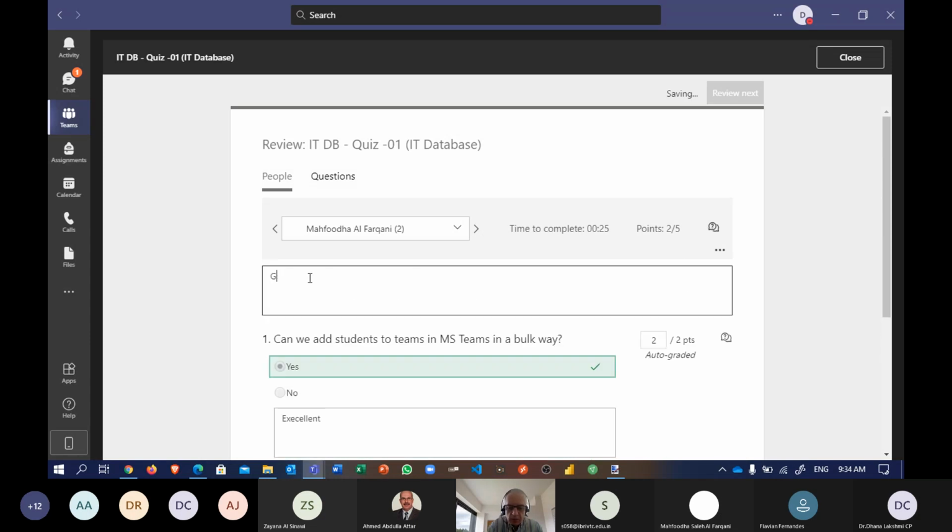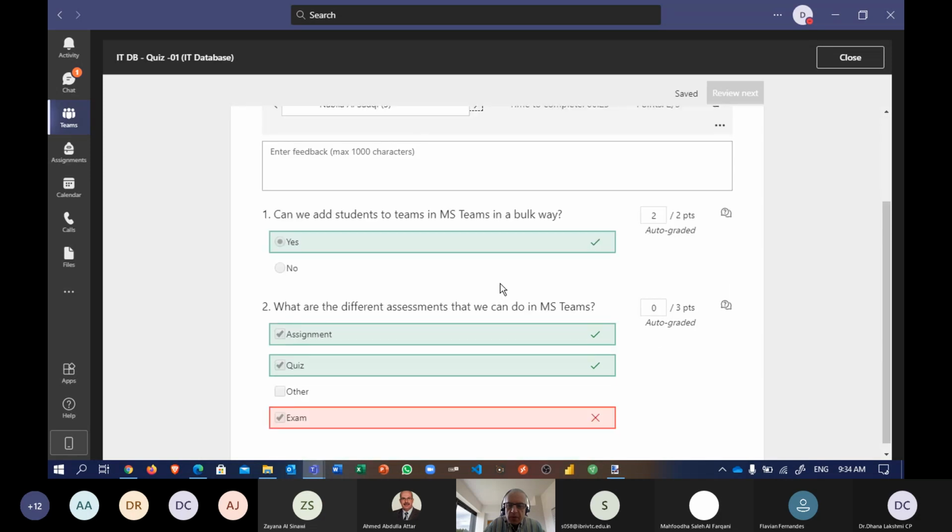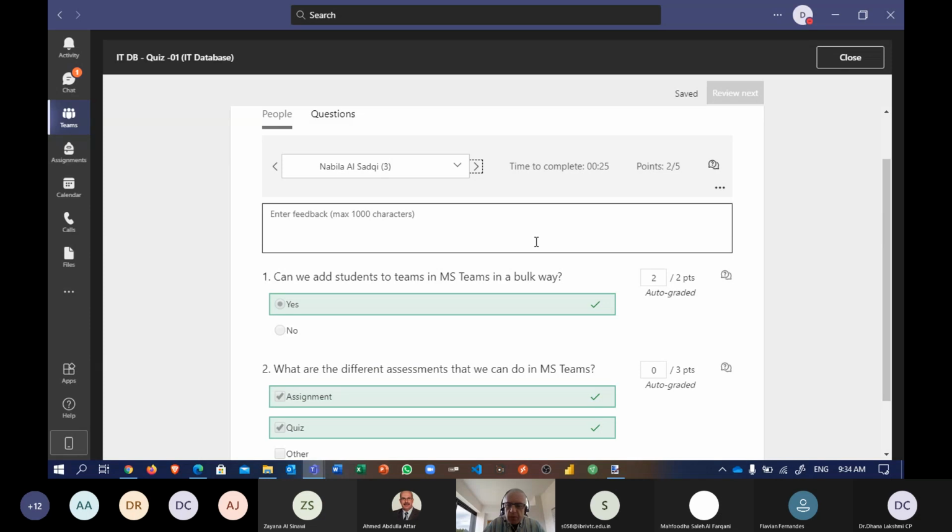Then I can give a general feedback. Okay, let's say good, and please revise the section of assessment with MS Teams. So there is no need to do save, as I told you. Once I type any character, it will move from saving to saved. And I can go to the next students, and continue with the same things that